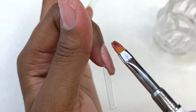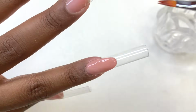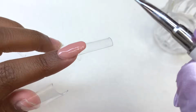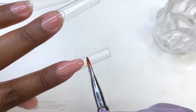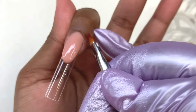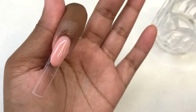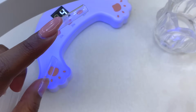So for this whole entire application, I did make sure to take my time and just try to make sure that I get it straight, and get them all the same length, just basically getting them decent enough to where they don't look how they usually look. So here I did go ahead and put a bead of polygel on my nail bed area, and you see me just making my smile line into an oval. Here I'm just doing some cleanup around my cuticle area,